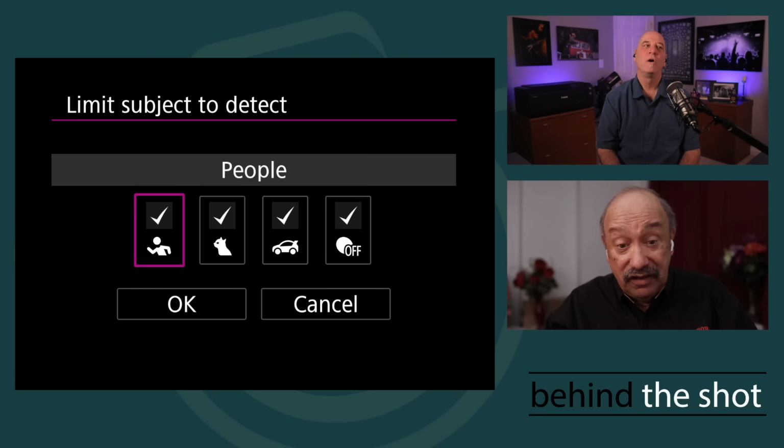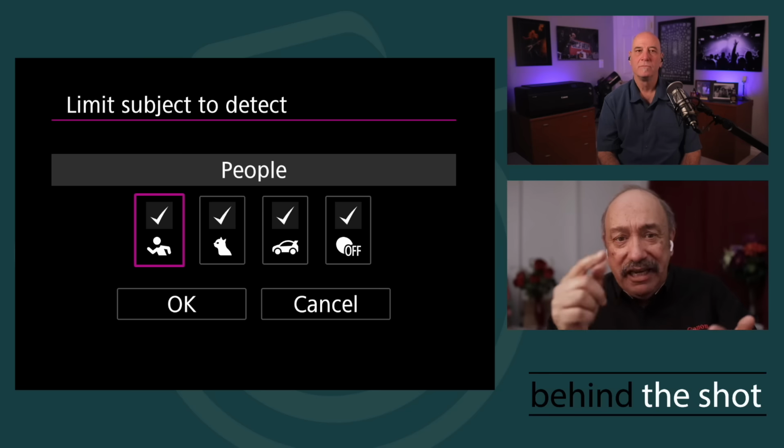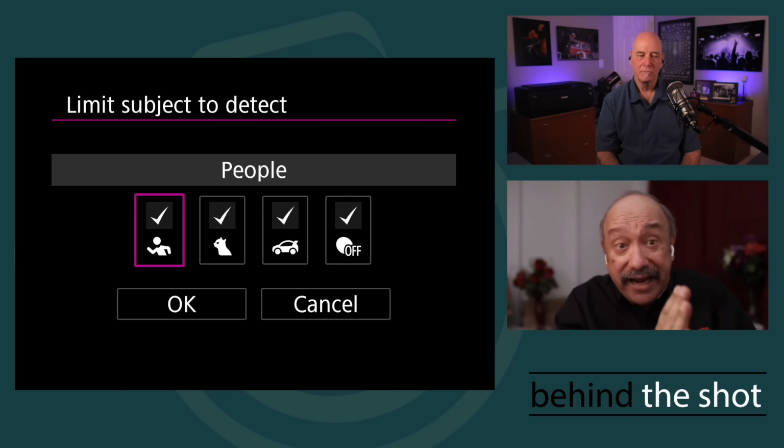Are there some choices that I'm never going to use? I'm a race car photographer. I'm never shooting animals. I'm not a wildlife photographer. It's going to be people or cars. Right. So I can just speed up what I'm cycling through when I pick a subject to detect by omitting